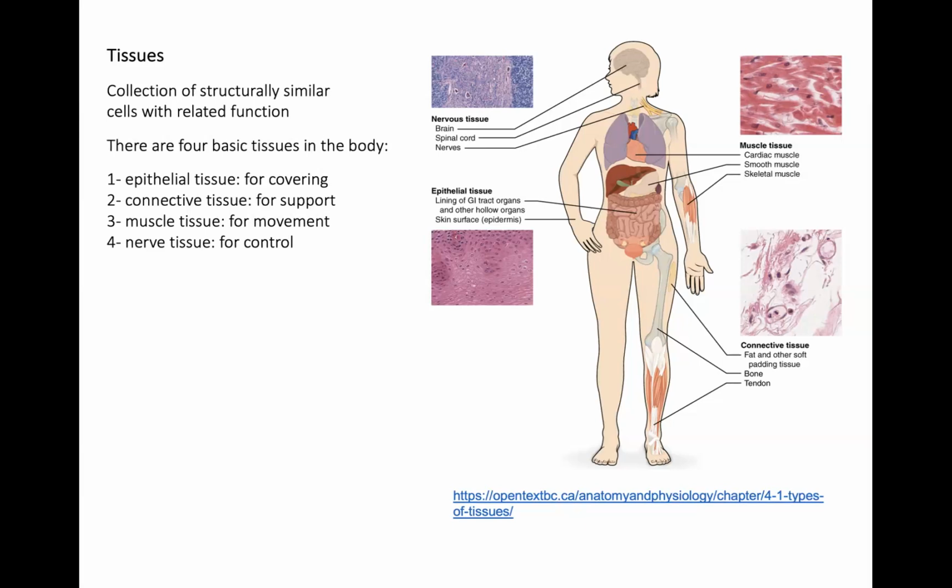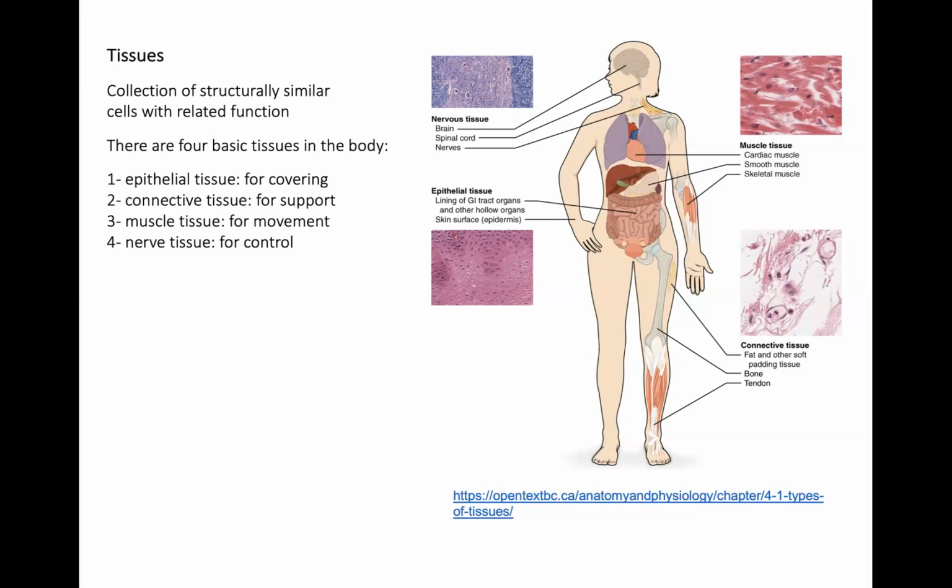And there are several types of epithelial cells depending on their thickness and depending on where they're located, right? Form follows function. And I'll show you what I mean in just a moment. Connective tissue supports. So what are some types of connective tissue? So connective tissue would be adipose or fat. It would be connective tissues like tendons and ligaments, aponeuroses, which are flat sheet-like tendons,